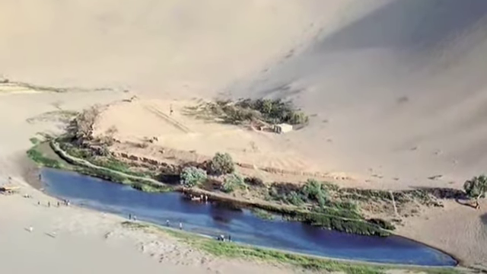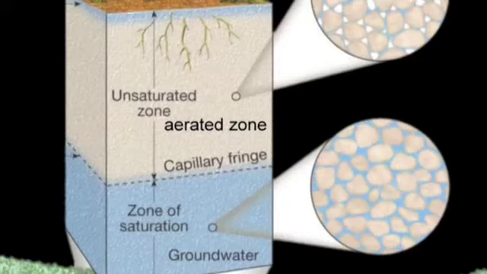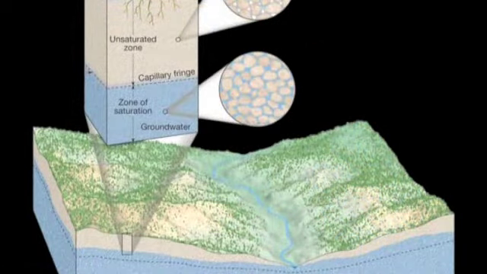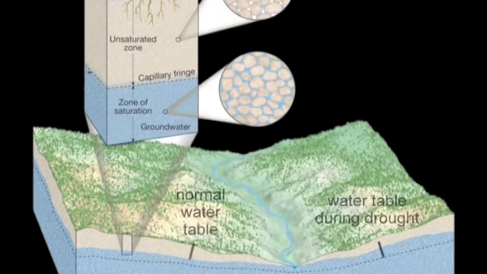Now, underground pore spaces are filled with water, and the top of that saturated zone is what we call the water table. Now, it's interesting, the water table roughly parallels the topography at the surface of the land. Where you have high elevation, the water table is increased. Where you have valleys, the water table drops. However, unlike surface topography, the water table goes up and down, largely as a result of how much precipitation is percolating down into it. So if you have a period of extensive rains, you'll actually raise up that water table. This has very interesting